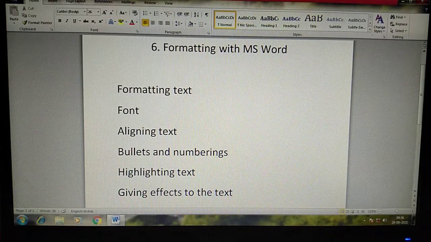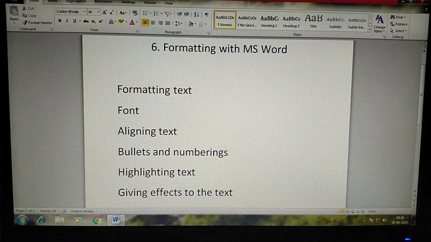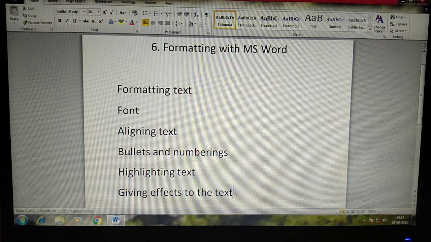First, what is formatting? Formatting means making a document look organized, professional and presentable. This is called formatting. It highlights the important features of your document. In this formatting, we can use font types, colors, size, bullets and text aligns.